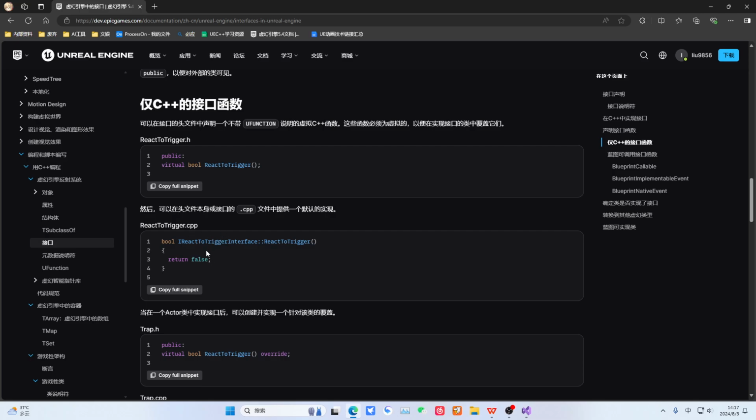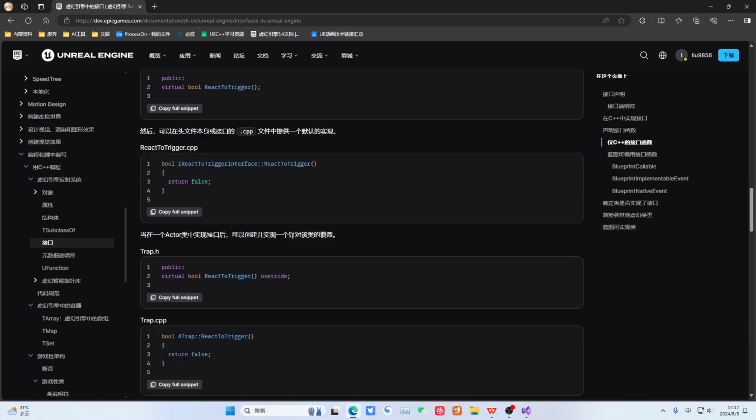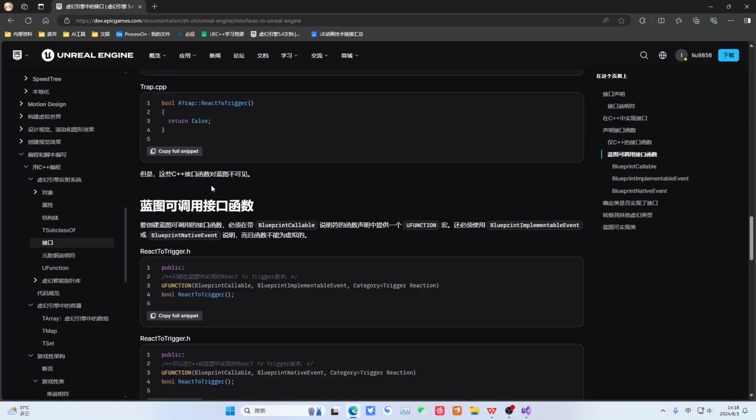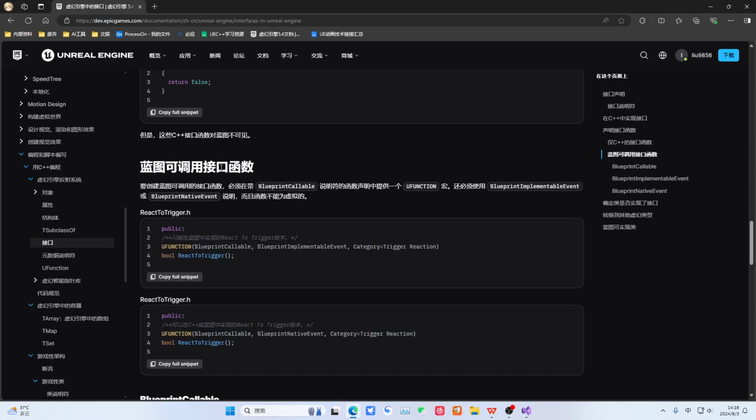It provides a default implementation, which returns a default false. Then in the Actor class, we can override it first, overriding some related content. If you want Blueprint, if this is a C++ type, you can also override it in Blueprint. Then we use this with, it means that Blueprint can override it. But you need to note, this function cannot be virtual,